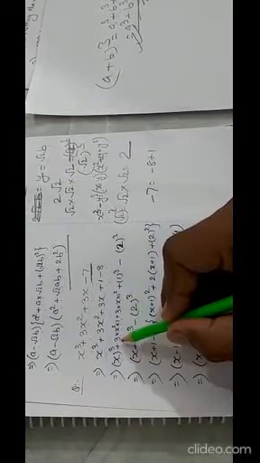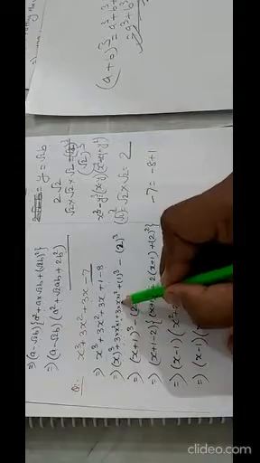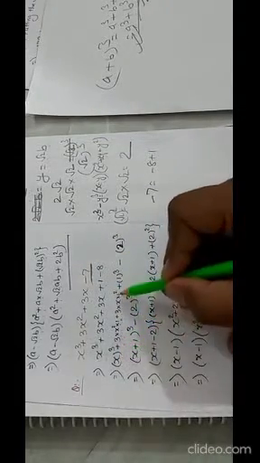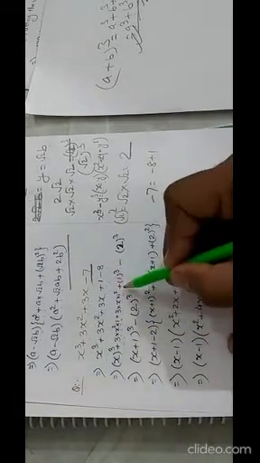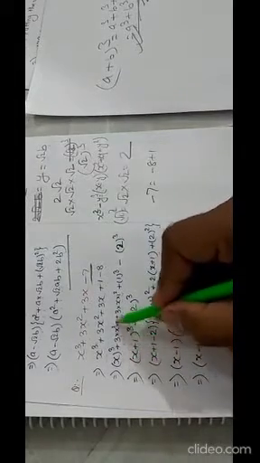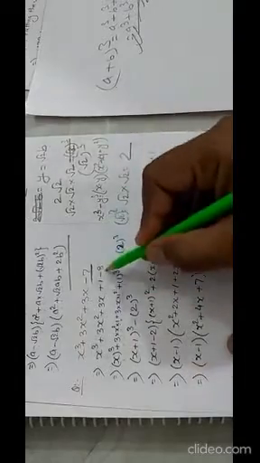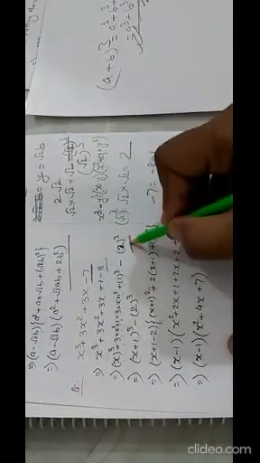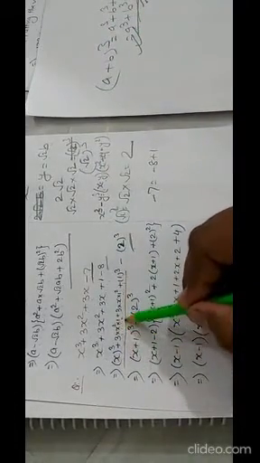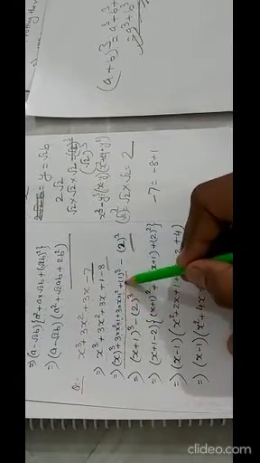मतलब ये किस फॉर्म में आ गया? 3a स्क्वायर b के फॉर्म में आ गया. और ये किसके फॉर्म में है? 3ab स्क्वायर के फॉर्म में है. यहां पे a क्या है? x है. b क्या है? 1 है. अंडरस्टूड ऑल ऑफ यू? प्लस b क्यूब हमने यूज कर लिया, a क्यूब प्लस 3a स्क्वायर b प्लस 3ab स्क्वायर प्लस b क्यूब माइनस, इसको सेपरेटली हमने 8 को 2 क्यूब लिख लिया है. क्लियर? अब देखो, x क्यूब प्लस 3x स्क्वायर इंटू 1 प्लस 3x इंटू 1 स्क्वायर प्लस 1 क्यूब can be